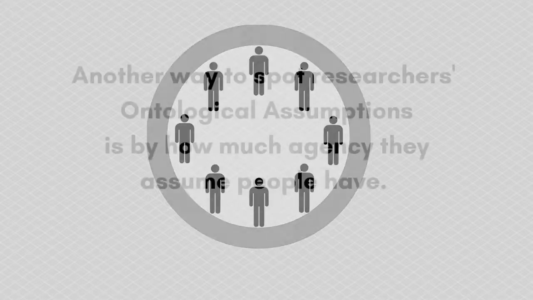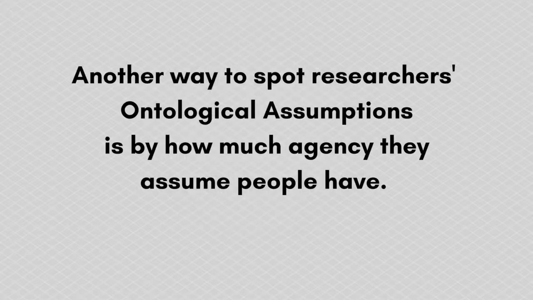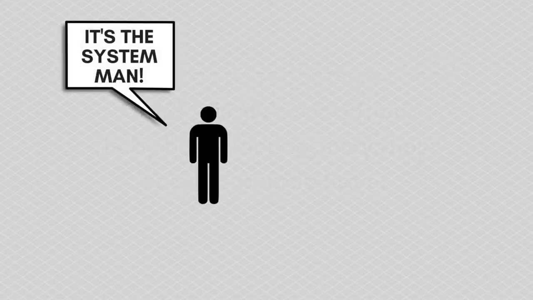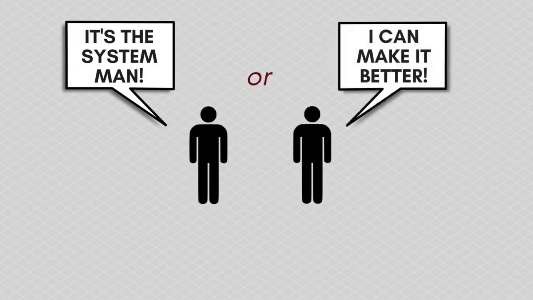Another look at this is how we are situated in society in terms of the larger forces that we face. For example, does a theorist treat people as if they are at the mercy of a system that is out of their control, out of their hands? Or do they focus on the agency that people have to influence change? Depending upon their position, they are taking different ontological positions or assumptions about their research, and you can usually see that in the way they write it up.